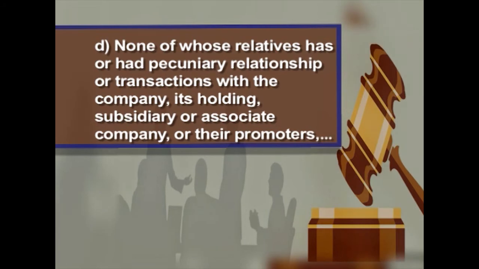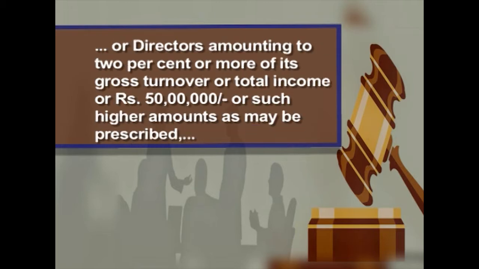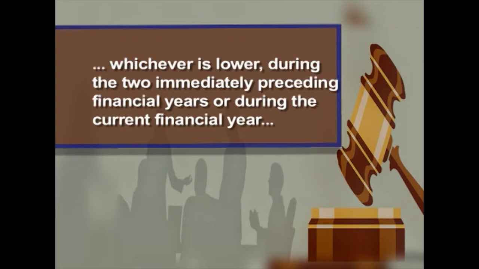None of whose relatives has or had pecuniary relationship or transactions with the company, its holding, subsidiary or associate company or their promoters or directors amounting to 2% or more of its gross turnover or total income or 50 lakh rupees or such higher amounts as may be prescribed, whichever is lower during the 2 immediately preceding financial years or during the current financial year,